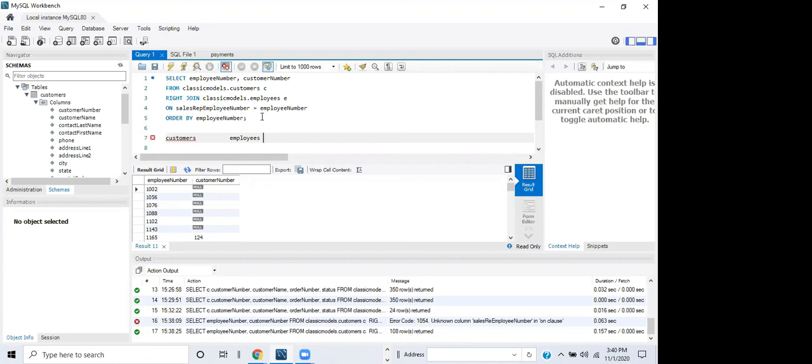That's an example of a right join, because from the right side, the employee side, you have sales rep employees, right? But whether those sales rep employees are assigned to a customer or not